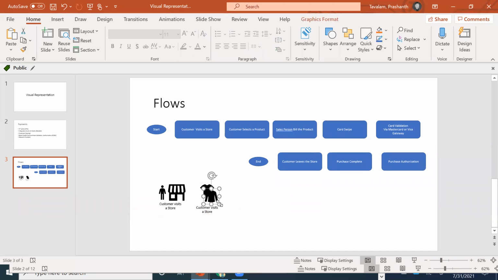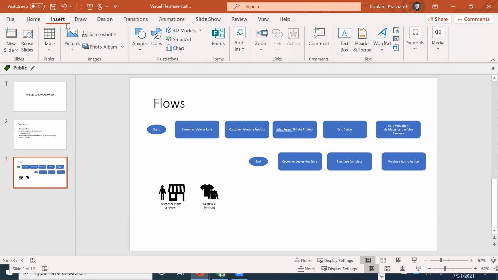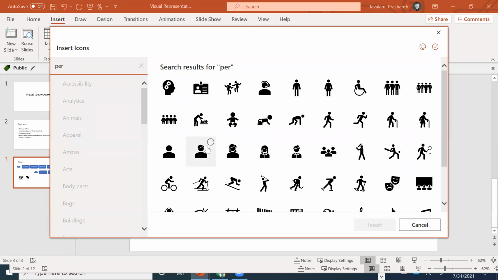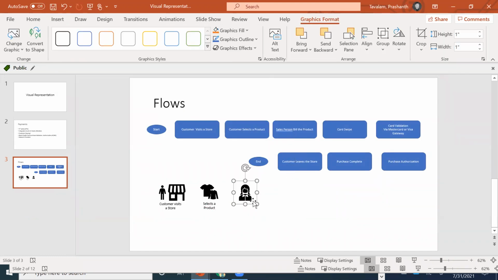Okay, it should look like a really professional image. Yes, where I'm mentioning salesperson is there. Okay.